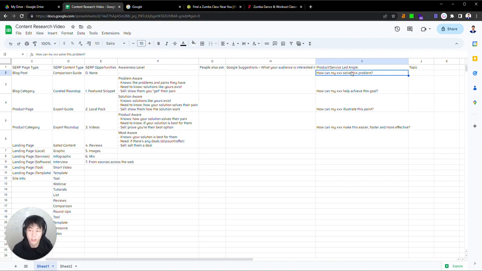How can my product or service illustrate this point? Or how can my product or service make this easier, faster, and more effective? Okay, you do not need to have these questions in your content. You do not need to have this specific question, but this is a framework for our writers or our team who is producing this piece of content to constantly have this question